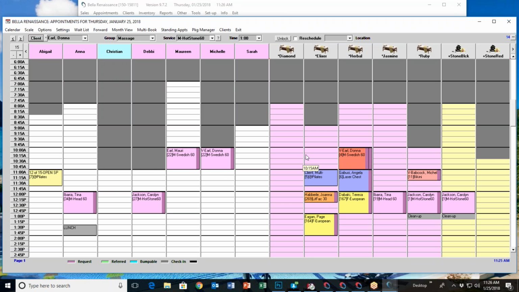If I want to do more things in that room, in order to use that room again, I need to book the room first so that I can select another person. Because if I don't do that, it won't give me the room as another option because it's already occupied. That way it prevents you from accidentally overbooking a room. And that's great. It does the same thing with equipment, like with black stones here for the hot stone massage,